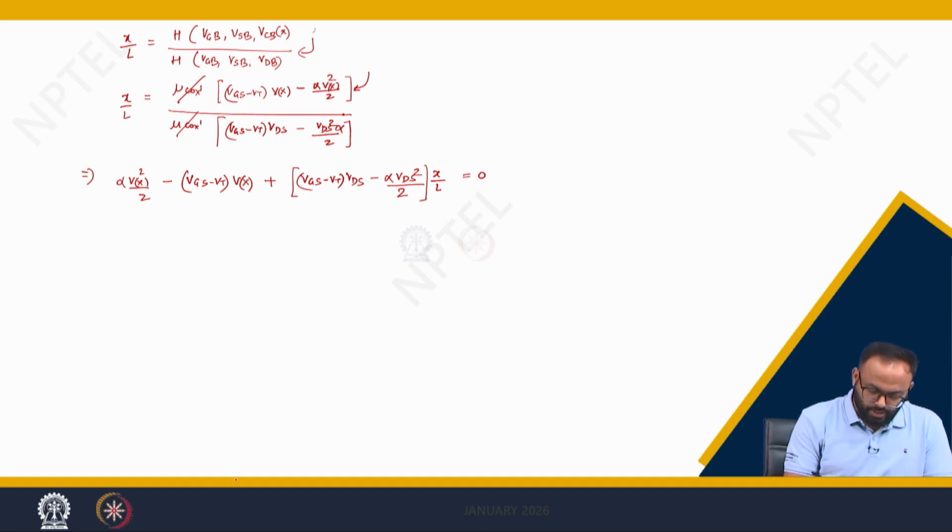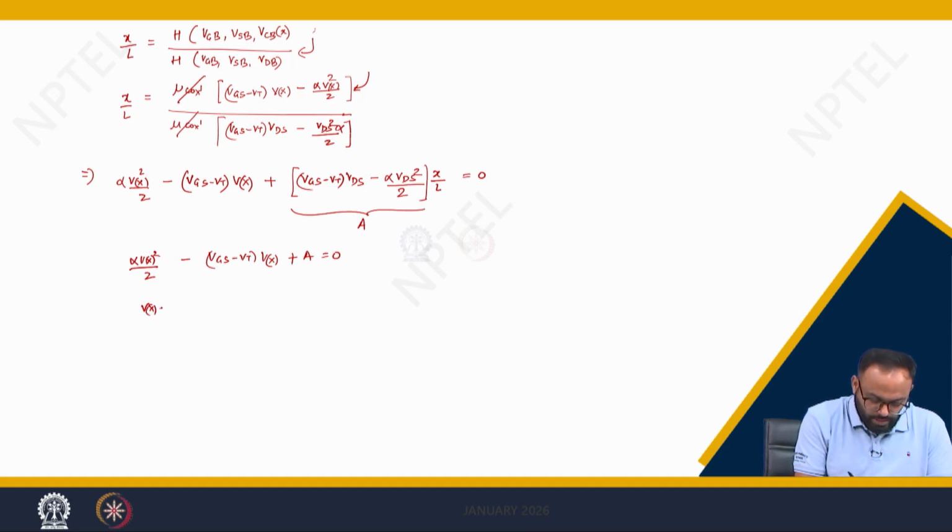Let's solve this equation, but before that, as it is independent of Vx, I am considering this as a. So my equation will be alpha into Vx square by 2 minus VGS minus VT into Vx plus a is equal to 0. You can simply solve as Vx is equal to minus b, meaning VGS minus VT,